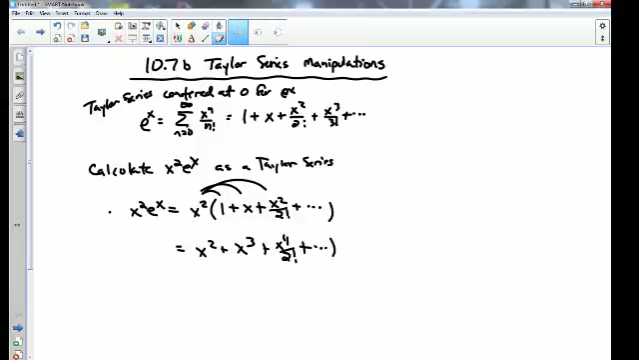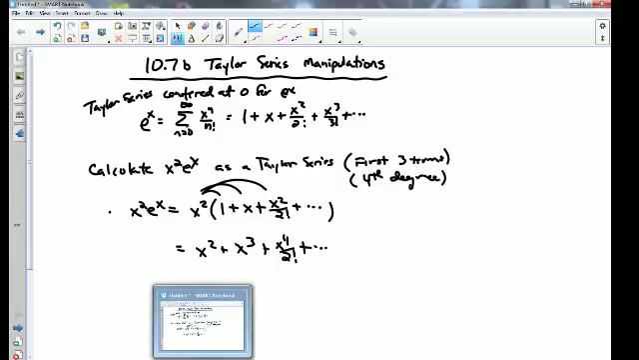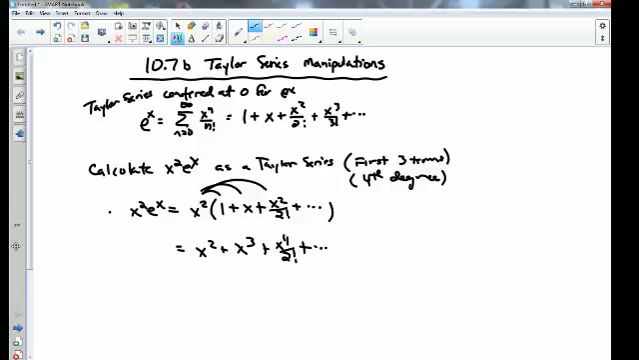And it'll always say, you'll always get an indicator like the first 3 terms. Okay, so that would be the first 3 terms, right? Or you could also be asked the 4th degree. Okay, and you'd stop whenever it tells you to stop. That's easy enough, right? Okay, what about,